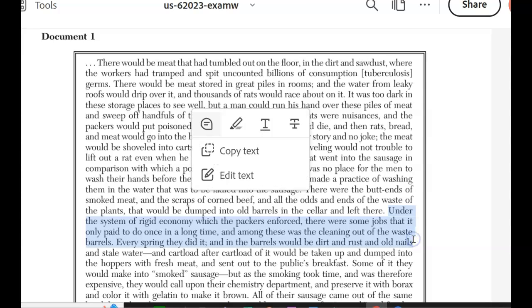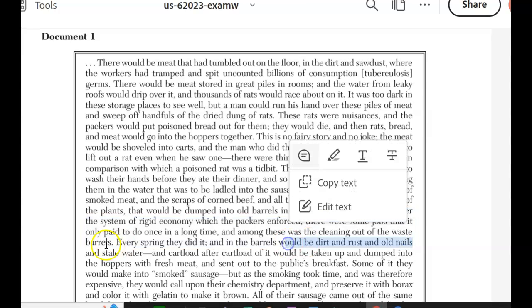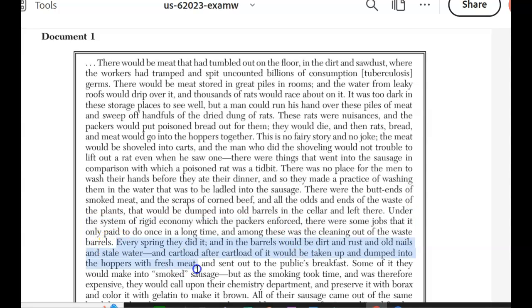And among these was the cleaning out of the waste barrels. So they threw all the garbage in the barrels, and they didn't really dump it out much. Every spring they did it, and in the barrels would be dirt and rust and old nails and stale water, and cartload after cartload would be taken up and dumped into the hoppers with the fresh meat and sent out